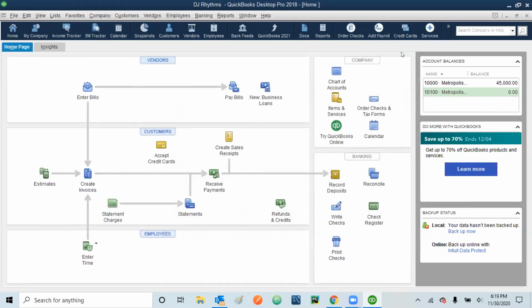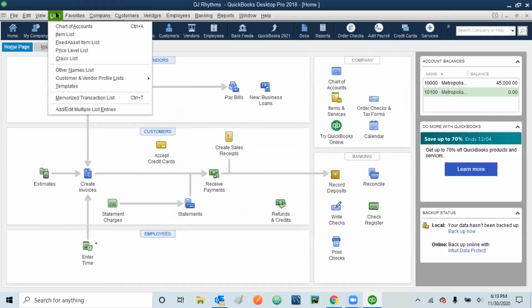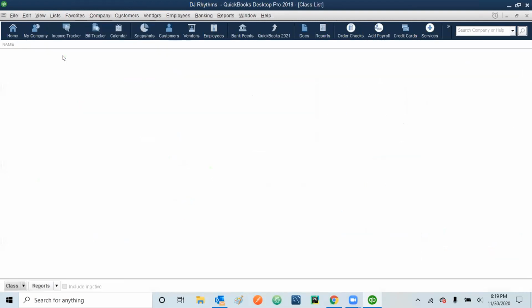Okay, so let's select this one, and we are making some classes. You can always go to the lists, and then click on the class list. Here we are creating two classes.